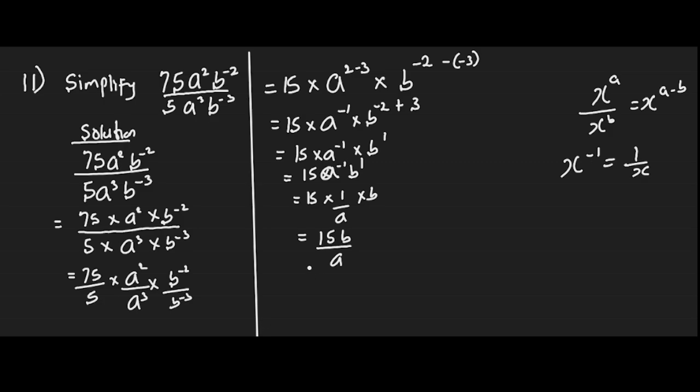15b all over a. We have our answer like this. We have simplified this into this. So alternatively, if you don't want to go through this route to move quickly or solve it quickly,